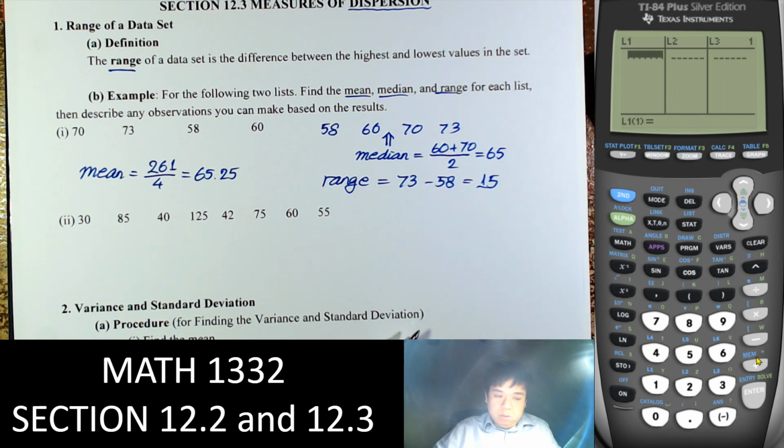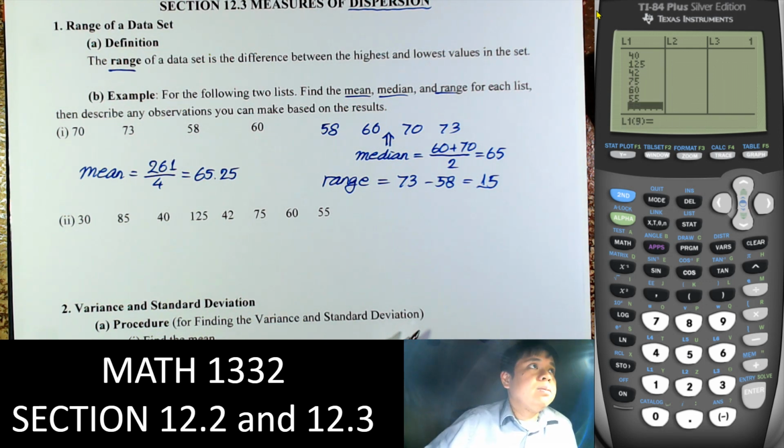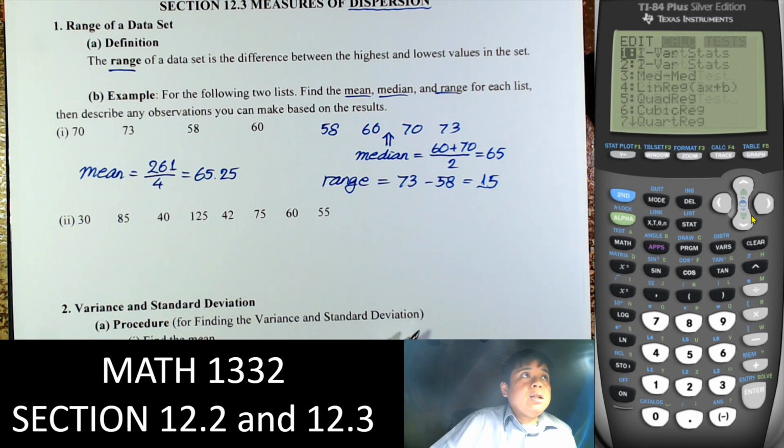So just enter 30, 85, 40, 125, 42, 75, 60, and 55. Alright, now we have that. Just go to calculate, one variable statistic,